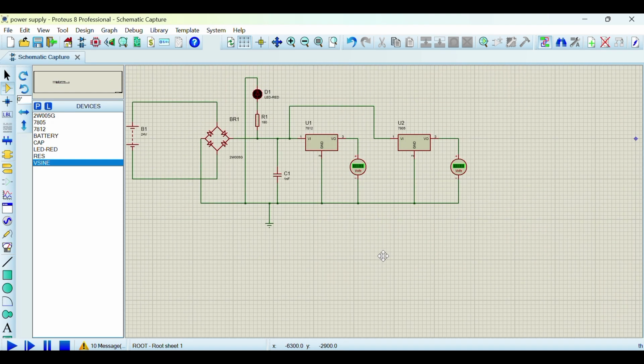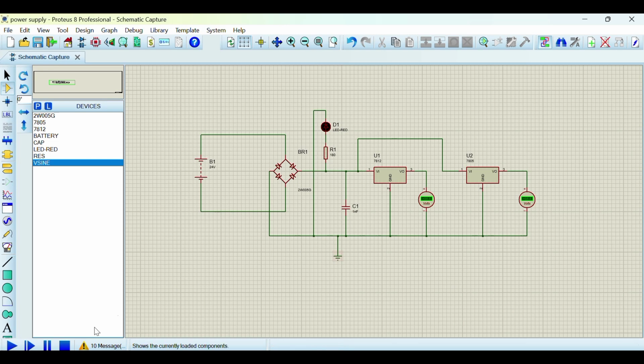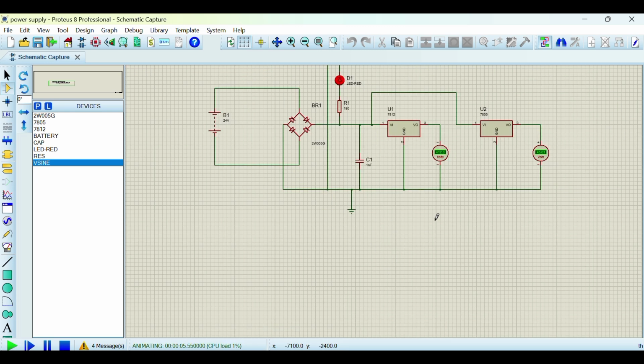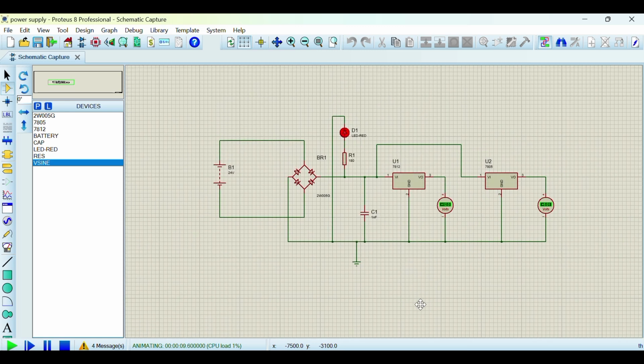For 24 volts, it should correctly provide 12 volts at the 7812. For 12 volts, it should provide near 9 volts. This is the software simulation of